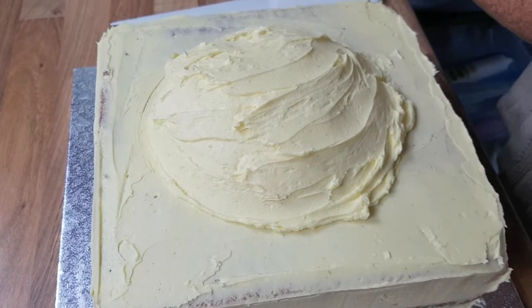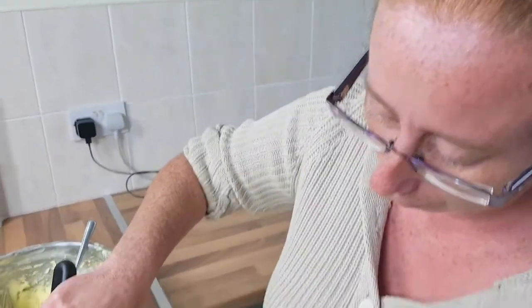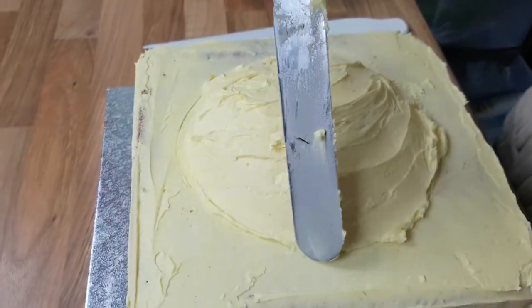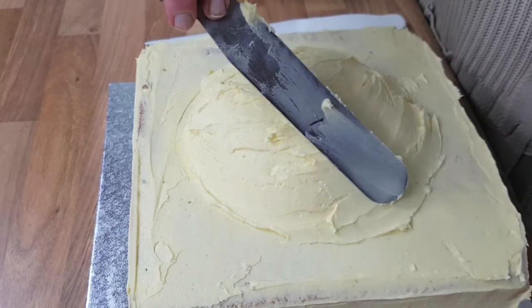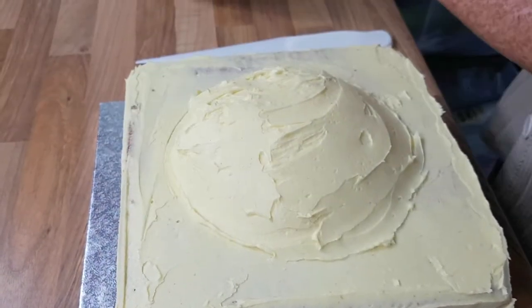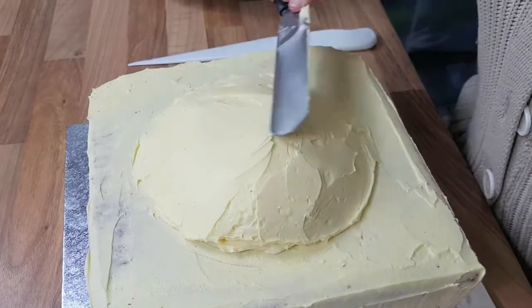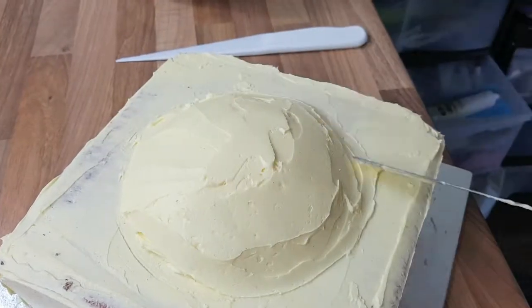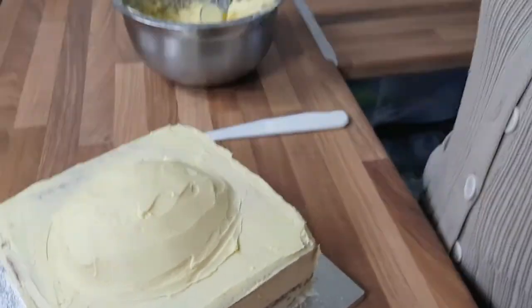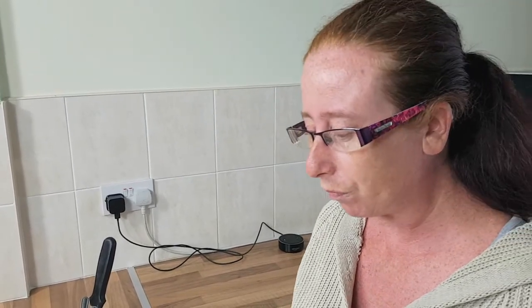So now I'm just going to take my palette knife and I'm just going to try and smooth around as best as I can. Okay, and I think that will do. That's our nipple done. So I'm going to just place this in the fridge just to let my buttercream